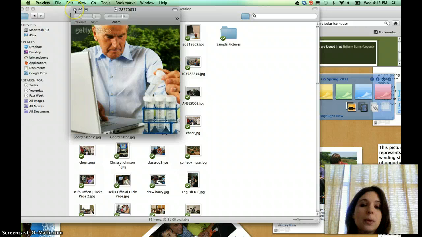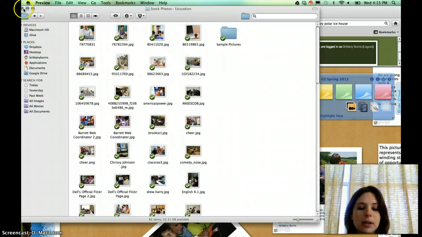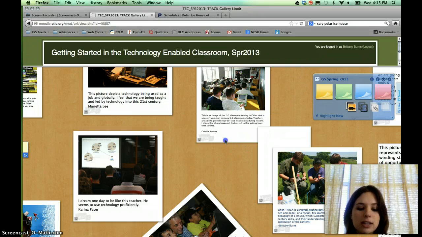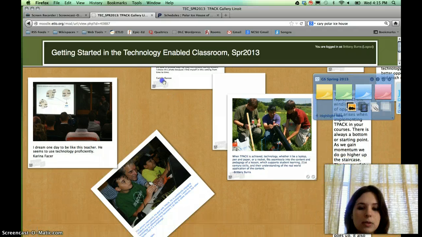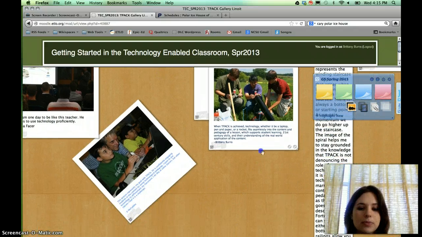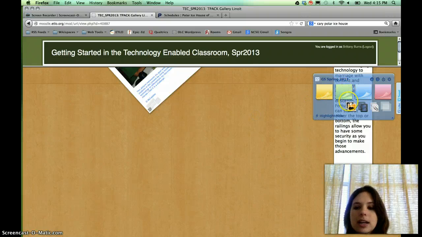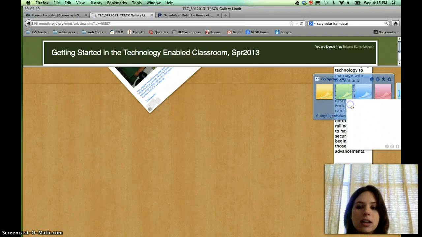So once we have that set and we've decided on an image, we go to the Linoit, and I'm going to find some clear space. So I press and hold, and I can move my board around. Okay, I'm going to add one right here. So once I've decided, I click on the image,